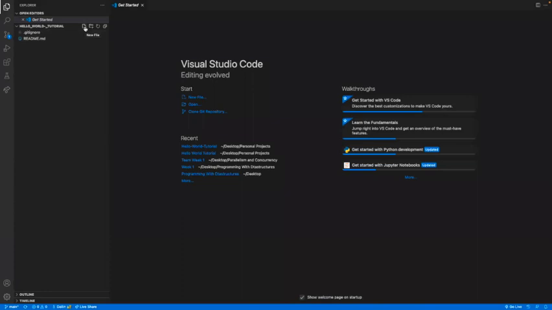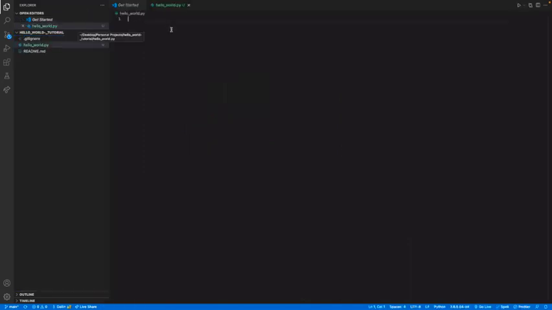Up here, we're going to click new file. Conventions with Python are to not have your file names capitalized. So I'm going to name this file hello world. And .py just tells VS Code that we're going to be using Python to write our program. All right, and it's the most famous and simple coding tutorial. Not that mine's the most famous by any means, but the ability to get your terminal to say